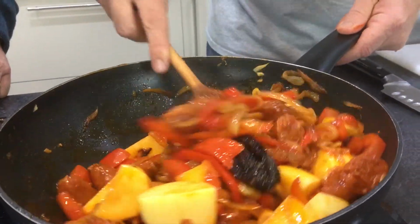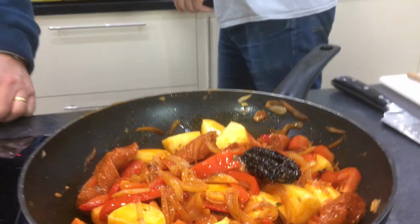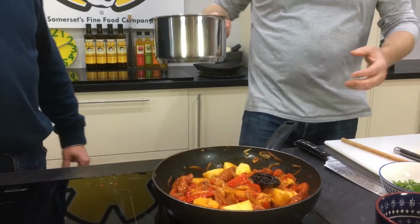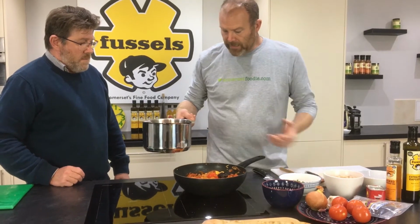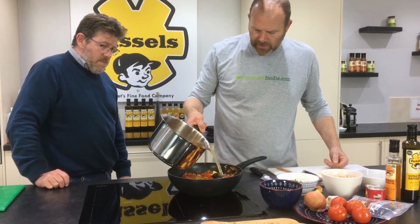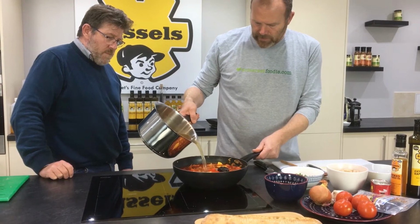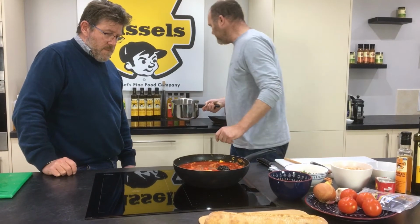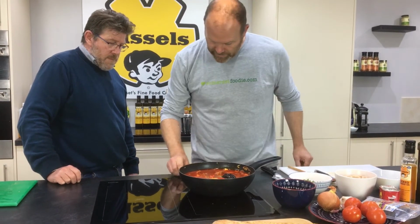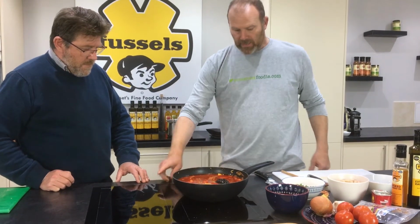So we've just got to add, to make it a stew, we need to add some liquid. So I've got behind me some chicken stock. I've just made this up with a bouillon cube or anything you've got, really. What we're going to do is just get everything covered. I'm probably ending up only using about a litre, really. Just like that. And then all we need to do here is bring this up to the boil and simmer